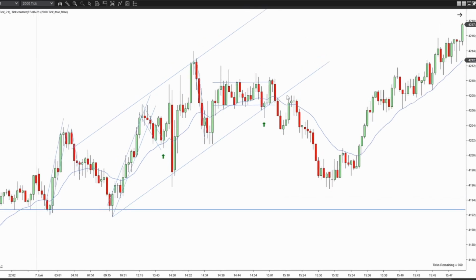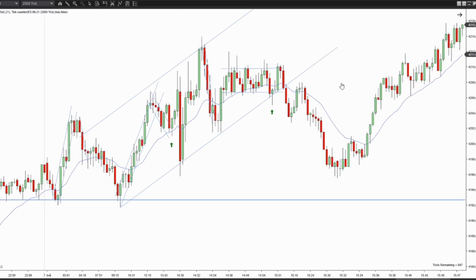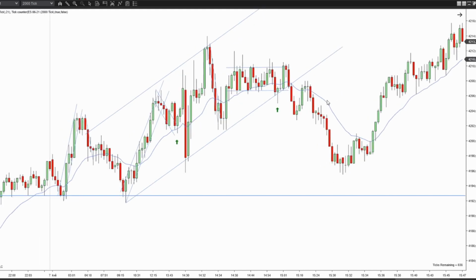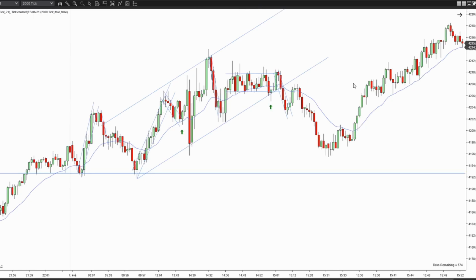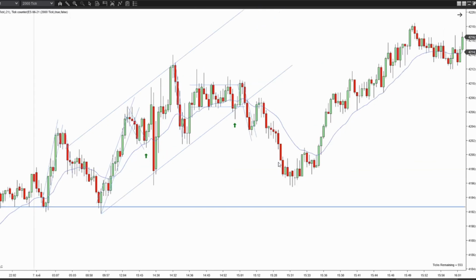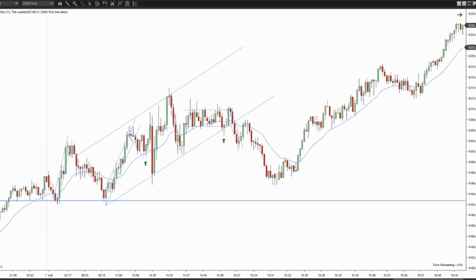So this is just a first entry, and this entry right here is far away from the EMA, so there is no safe setup for us to take. So we have to let this downtrend play out. I'm going to draw my short-term trend line just to get a feel for what the market is doing. And prices started to make a little congestion right here. We have a break and a new low of this downtrend, but there is no setup for smart traders to take